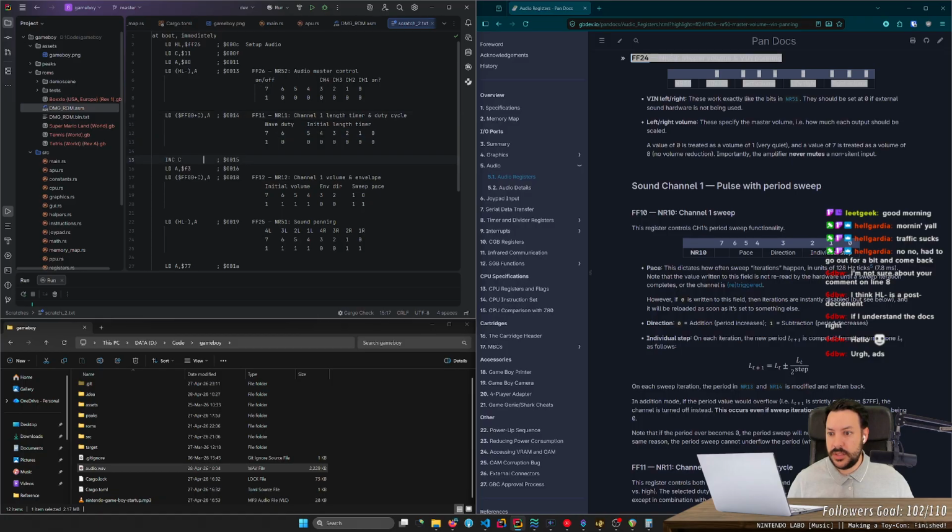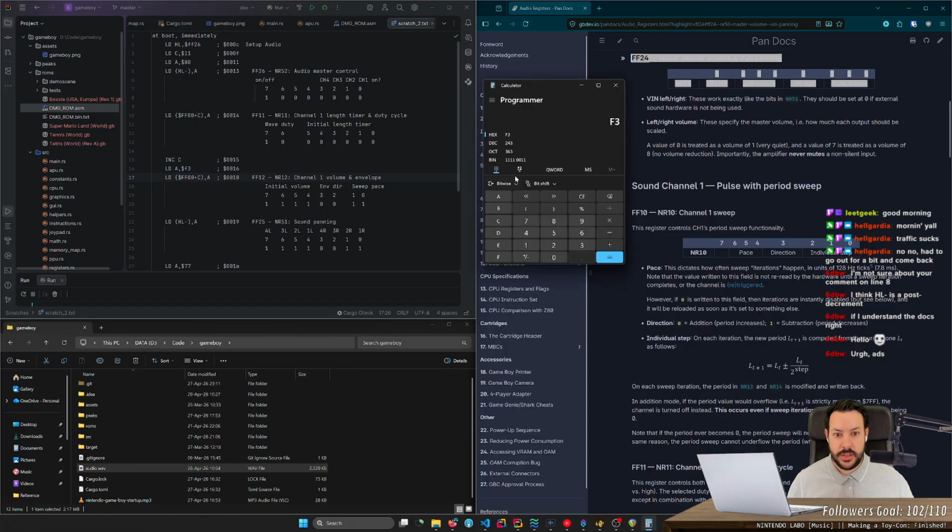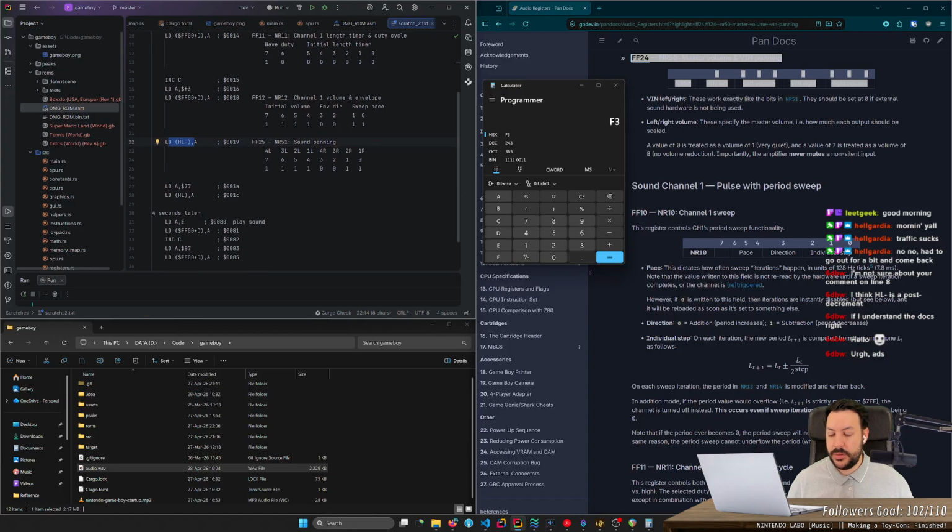Then this is FF12, and I write F3. F3 is all ones, 0, 0, 1, 1. Okay, then load HL minus, which was 26, then it's 25, and I still put the F3 there.